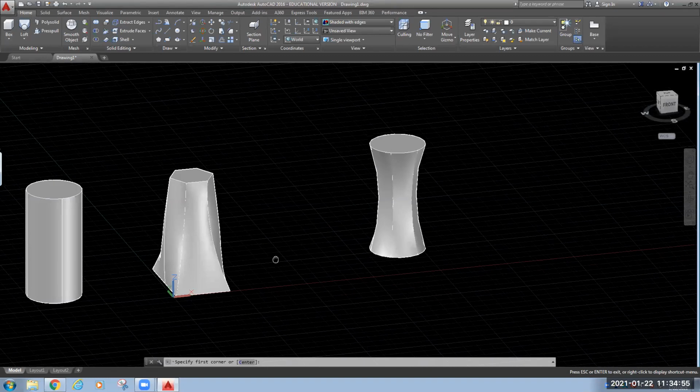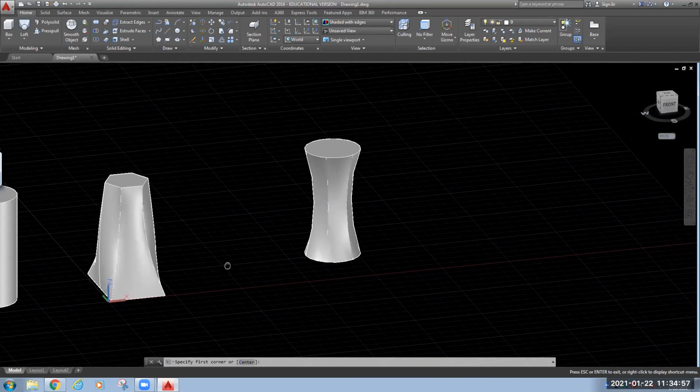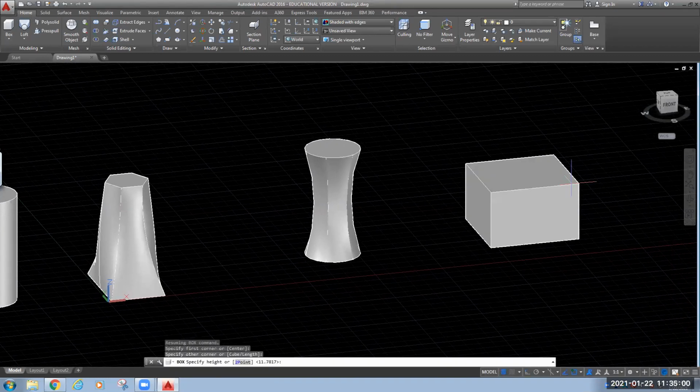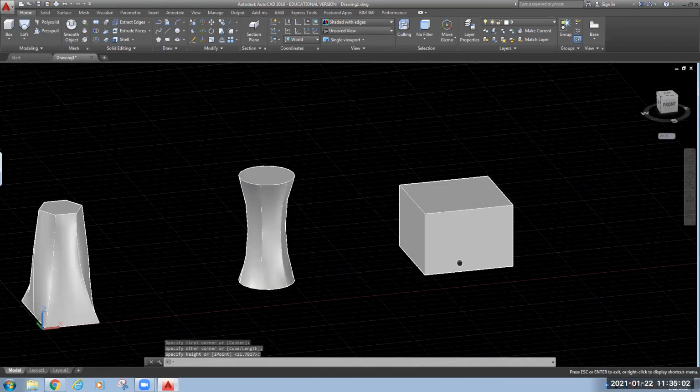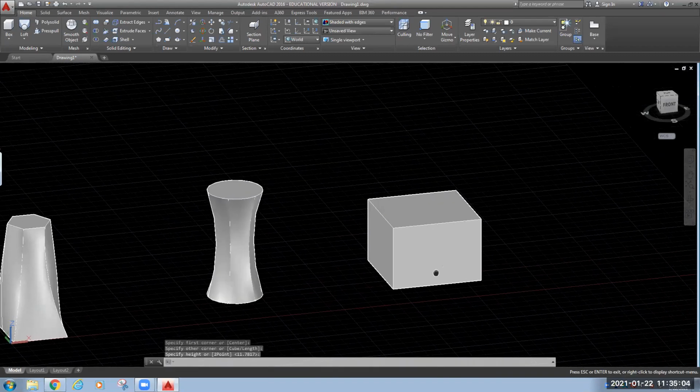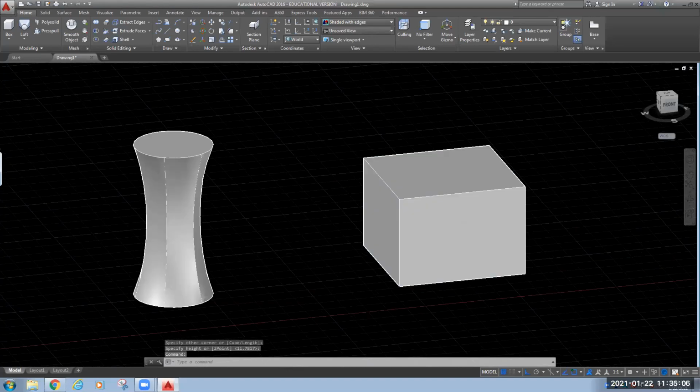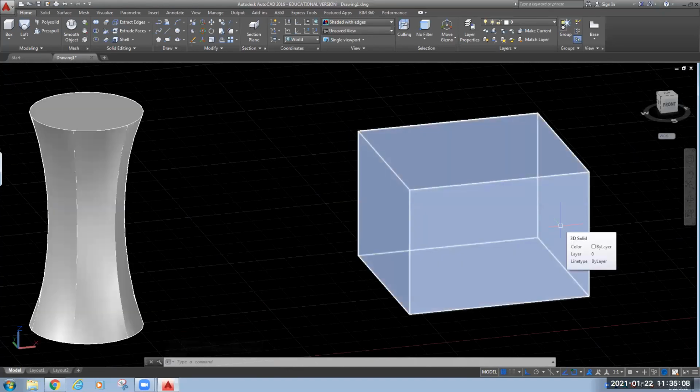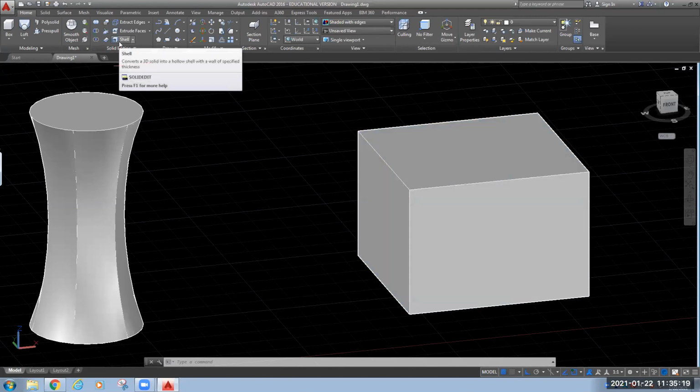Let's draw the box over here. This is your box and this is a closed volume. If you want to keep something inside it, you need to hollow it. You need to cut a portion of it. So for this you can use this shell command.